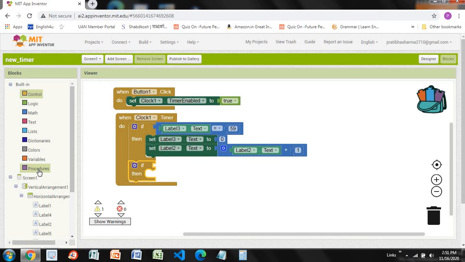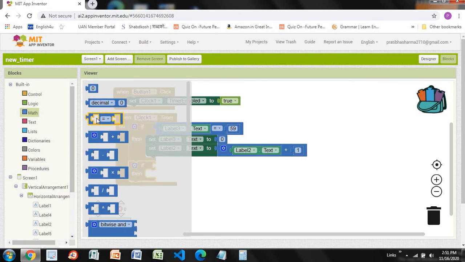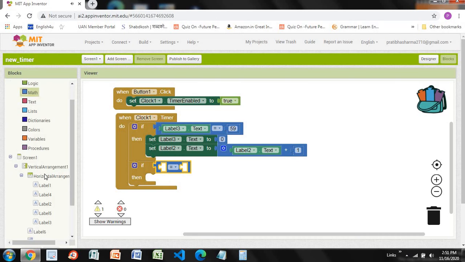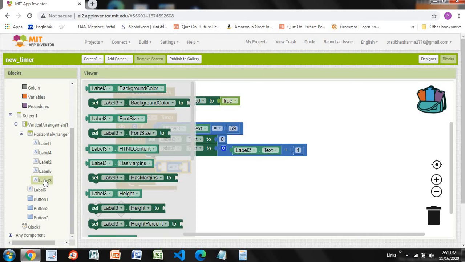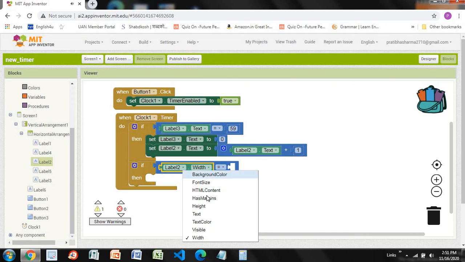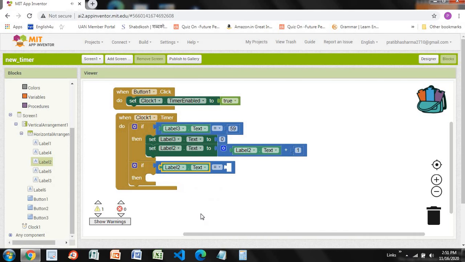Then take this equals block over here, like this, and set label 3 and set label 2, set label 2 text. So drag and drop some random block like this and change it to text like this.